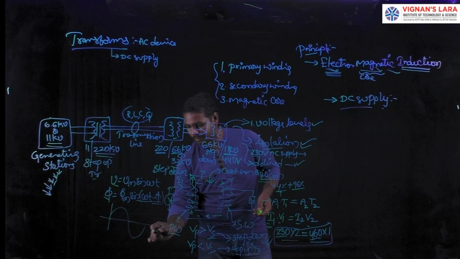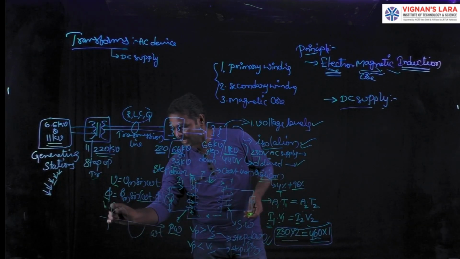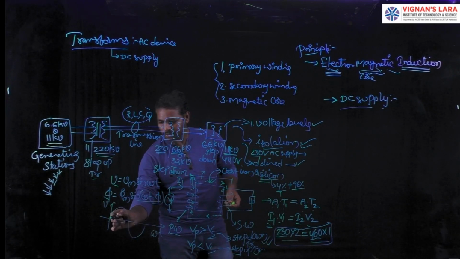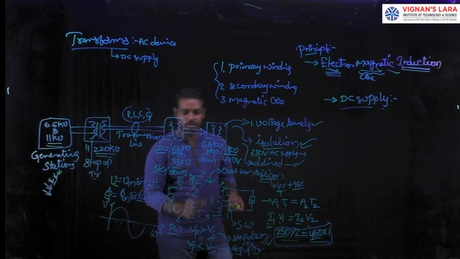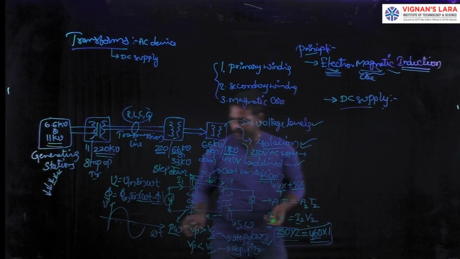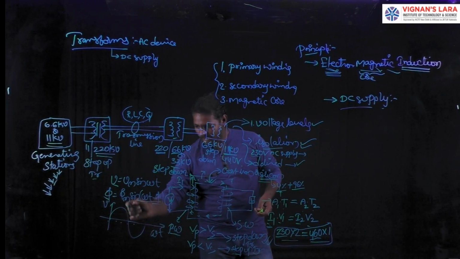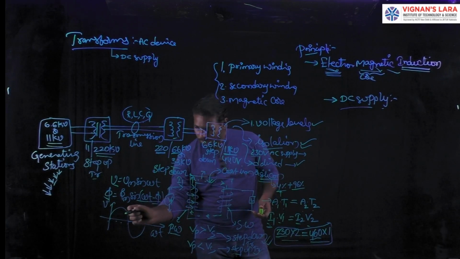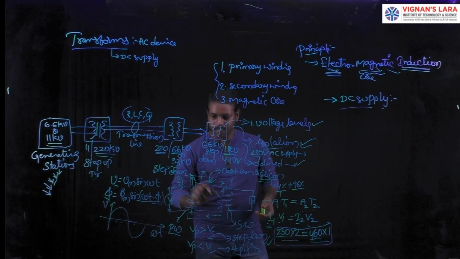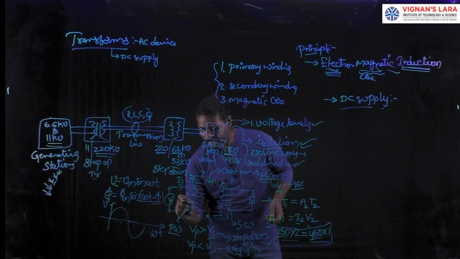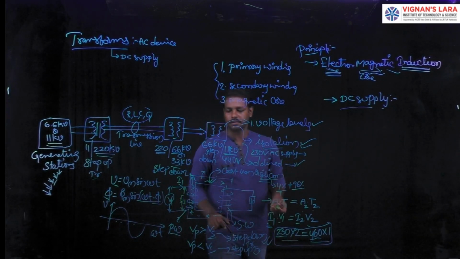When plotting omega t versus magnitude of voltage, at every instant of time the magnitude of voltage completely changes. Only then do we call it an alternating supply. This type of waveform, or alternating supply, is given to the primary of a transformer. That flux is also cut by the conductors, and it induces an EMF, which is the EMF induced in the primary winding itself, called E1.